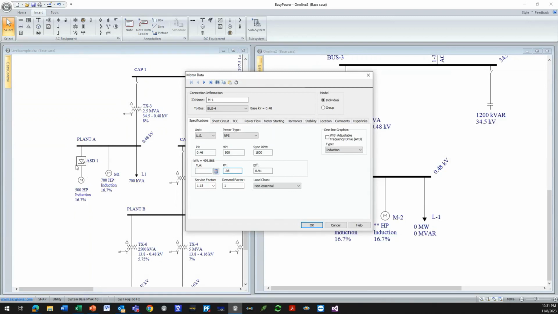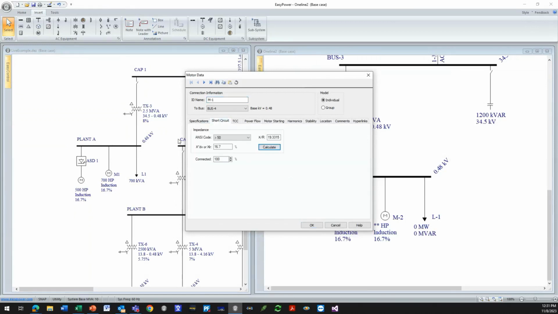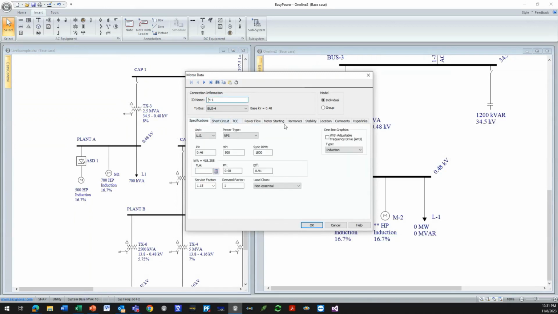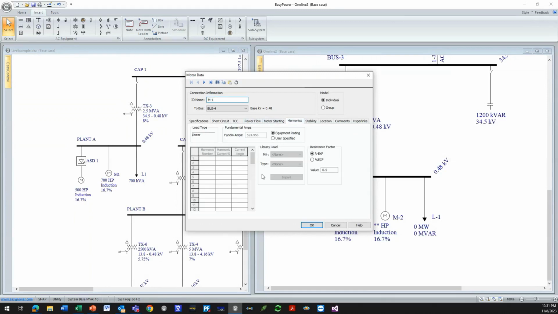But you may want to adjust the power factor so that under power flow conditions, which are used as fundamental conditions for the harmonic analysis tool in EasyPower, you may want to have that modeled correctly. Short circuit, I just do a generic number here because I'm not going to be using any of that data. And then if I go to the harmonics, I find, oh,